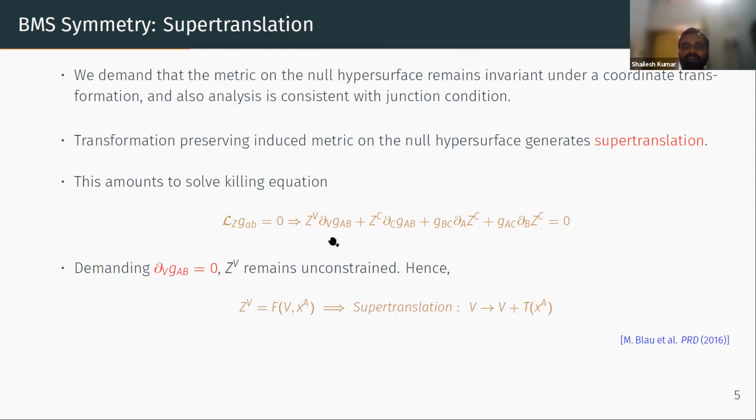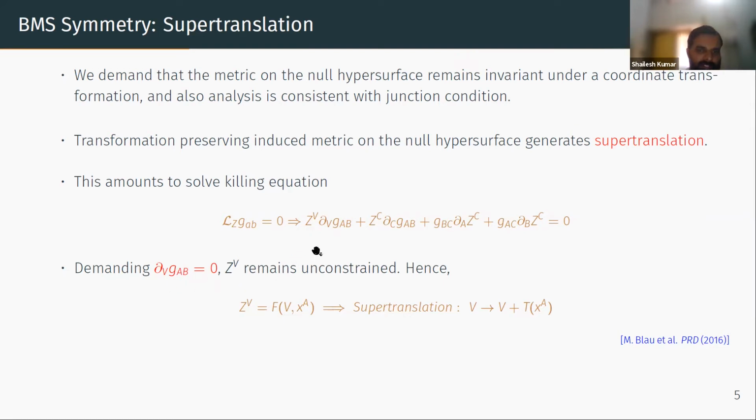And here, there could be two possible conditions. As a first condition, we can consider that this spatial slice of the metric, g_AB, is like a two-sphere metric, one can say. So here the spatial slice of the metric does not depend on the V coordinate. In that case, if you demand the condition that ∂_V g_AB equals 0,